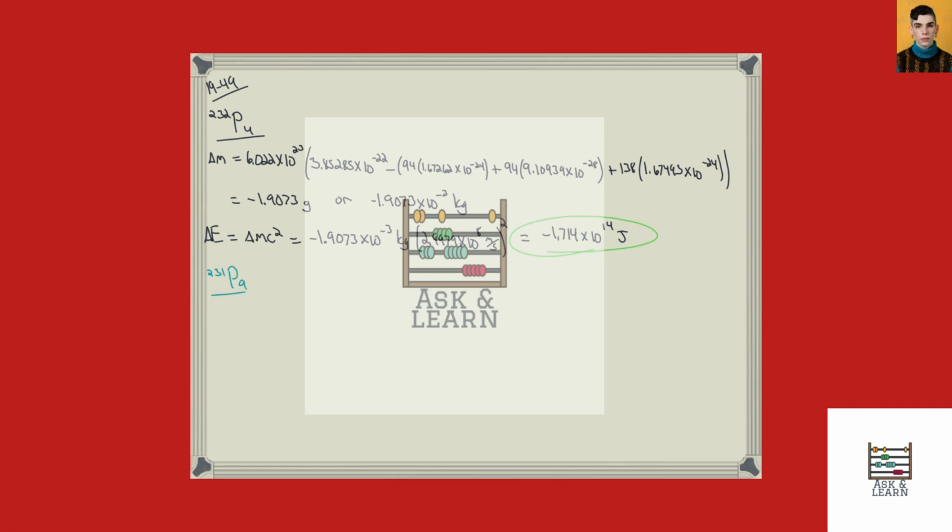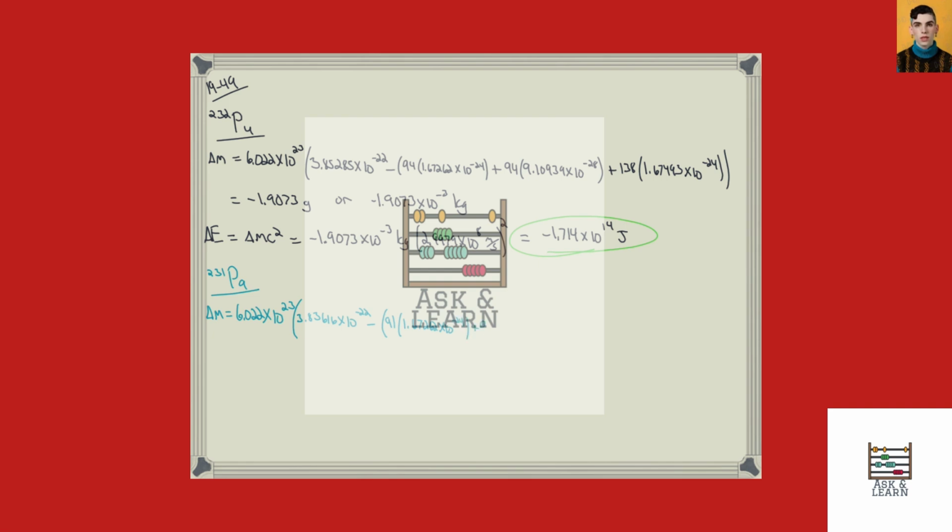We'll then do the same thing with protactinium-231. Its mass defect for an entire mole will be Avogadro's number multiplied by the difference in mass of a single protactinium nuclei that is formed, which will be the actual mass of a protactinium nuclei minus the summed mass. Protactinium has an atomic number of 91, so there are 91 protons. Multiply that by the mass of a proton,